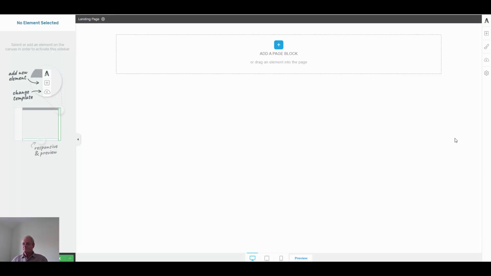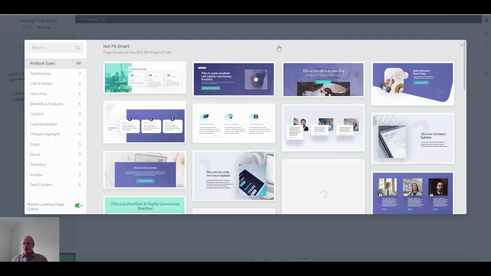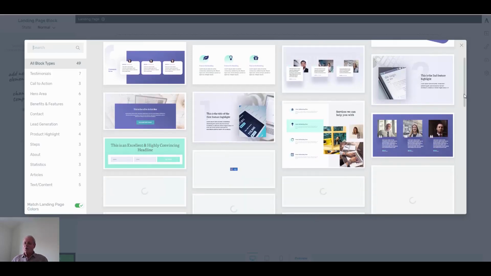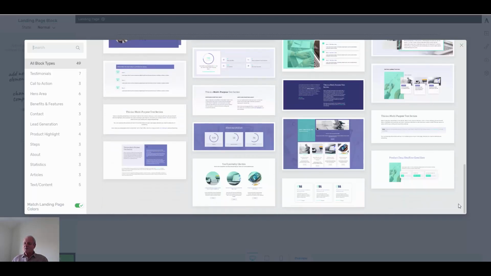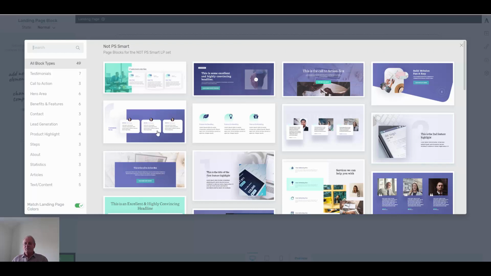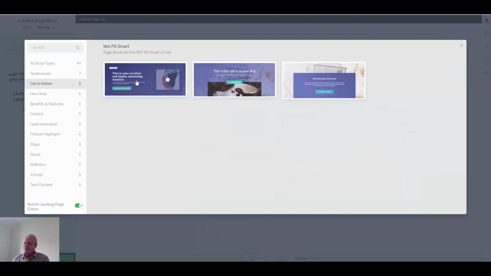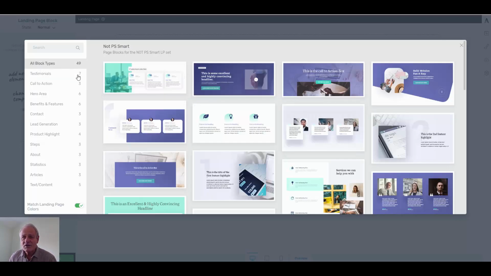Okay, so as you can see you've got add a page block. So we just click on the plus icon and we come through to a page with all the page blocks on this particular theme we've chosen. But also on the left hand side here you can see that we've got the option to choose by category. Call to action, you've got your call to action page blocks and all page blocks,